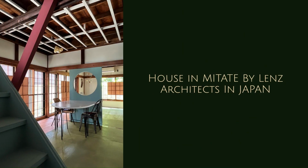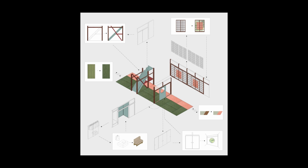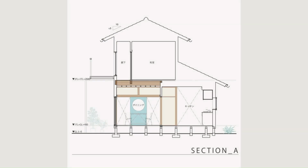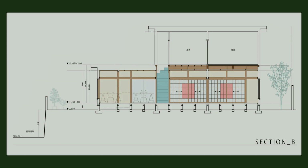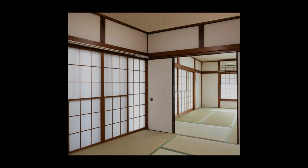We looked at each part and studied its shape, material, and color. We concluded that by using MITATE with these three factors, we will be able to create a flexible Japanese-style space. In this house, things like grid ceilings, sliding doors, and a pink veranda use MITATE with at least one factor